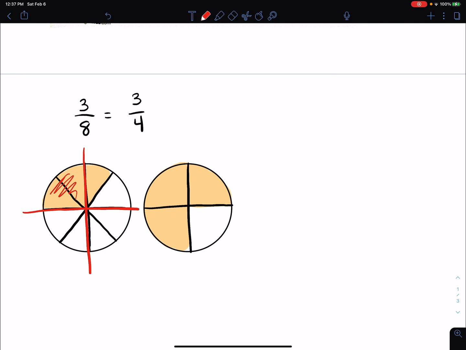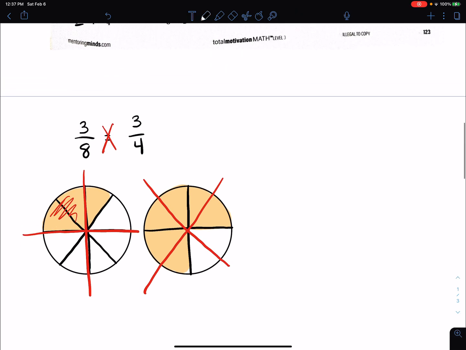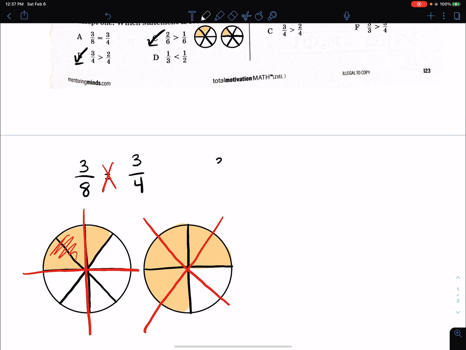Now what if I were to visualize 8ths in my 4ths? Well, I could see that 1, 2, 3, 4, 5, 6 8ths would be shaded. So meaning this is not true. So our true statement would be that 3/8 is less than